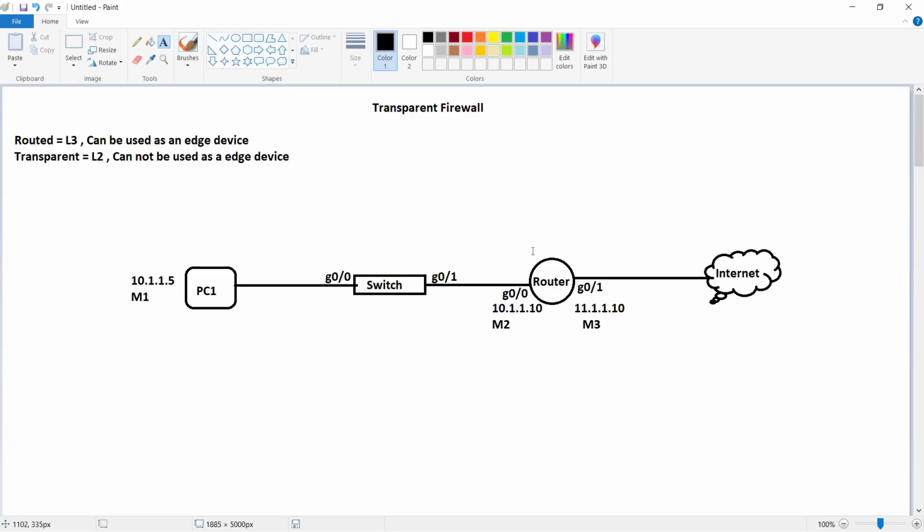But the thing is, I cannot afford to bring down my network. My network cannot go down. So this is the router, the setup is going to remain as it is, but still I want to add a firewall in my network. In this case, you will use the transparent mode, because if you want to use your firewall